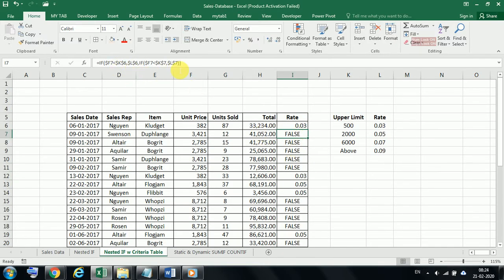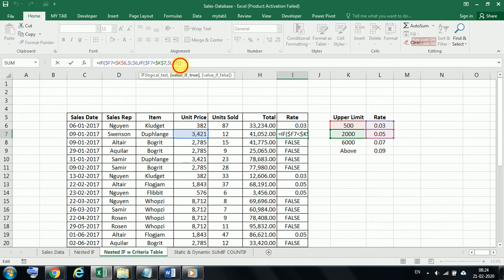Once again you need to use the nested if. Here it is a true part, and a false part. So once again in the false part you need to use, in the place of L7